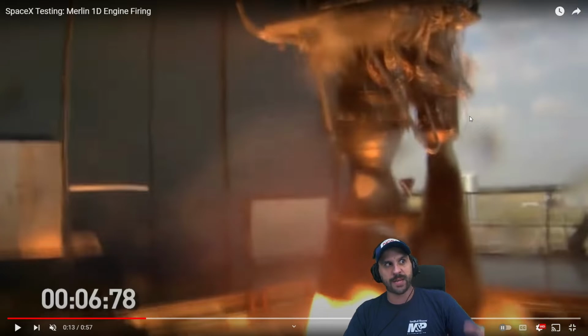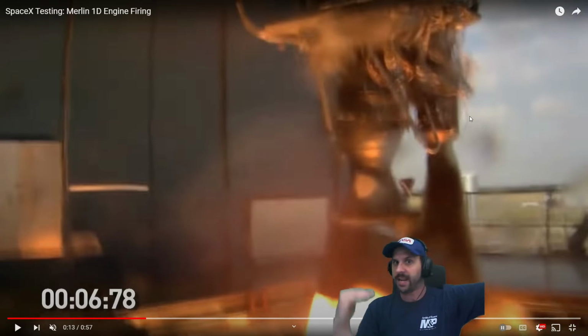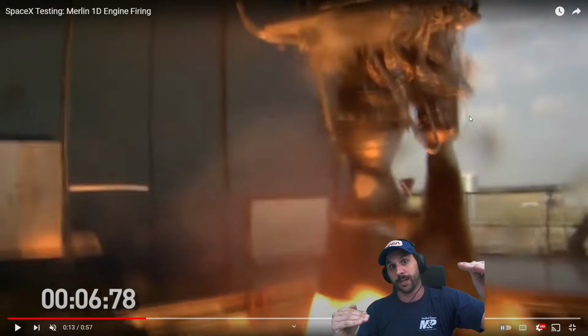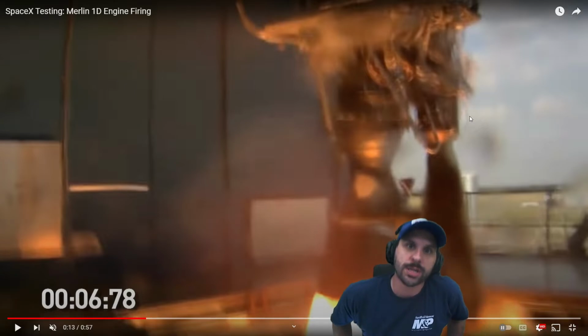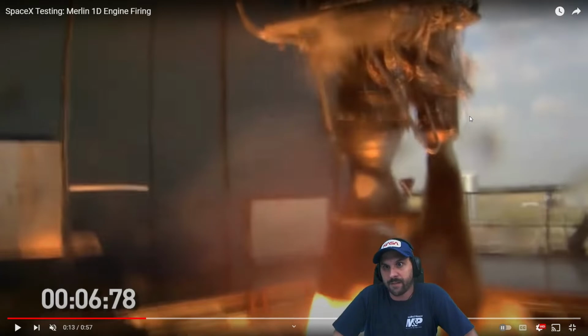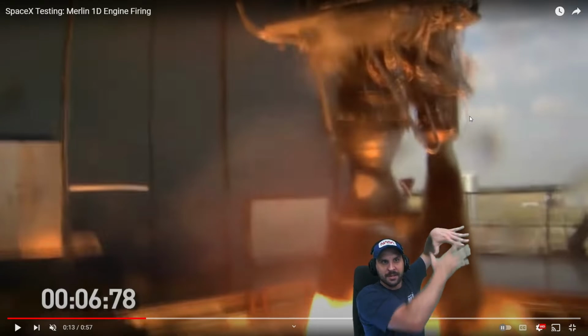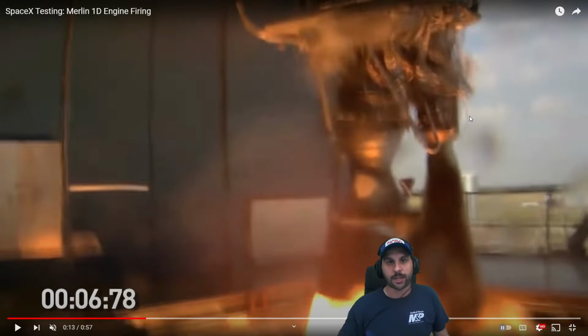So fuel rich means that the amount of fuel that they're putting in is not equal in any way, shape, or form to the amount of oxygen they're putting in there. The end result is rolling coal. Falcon 9 uses RP1. RP1 is a very, very highly refined version of kerosene, which in the petro hierarchy of things is pretty close to jet fuel or diesel fuel. It's very similar. It's a distant relative.